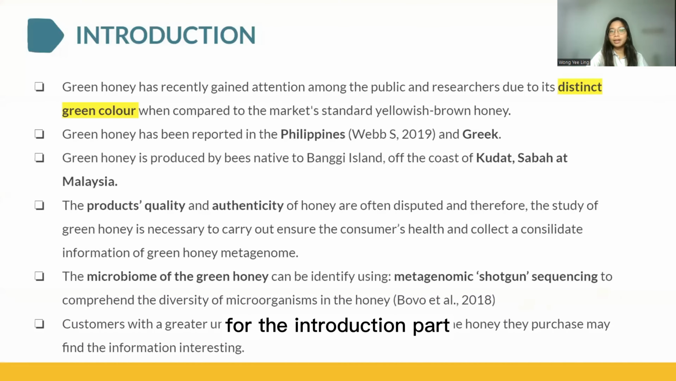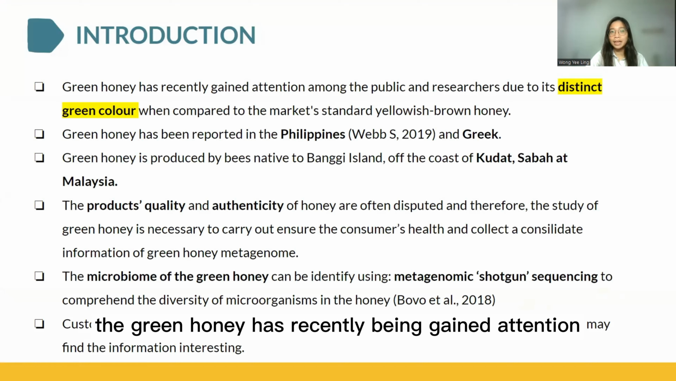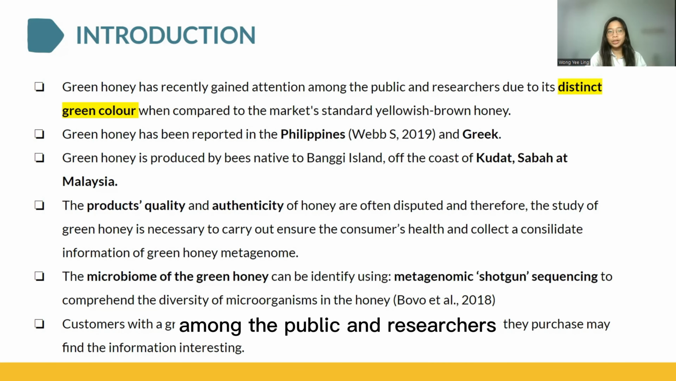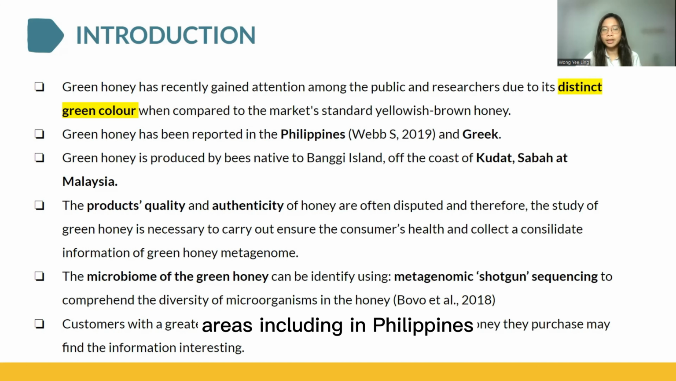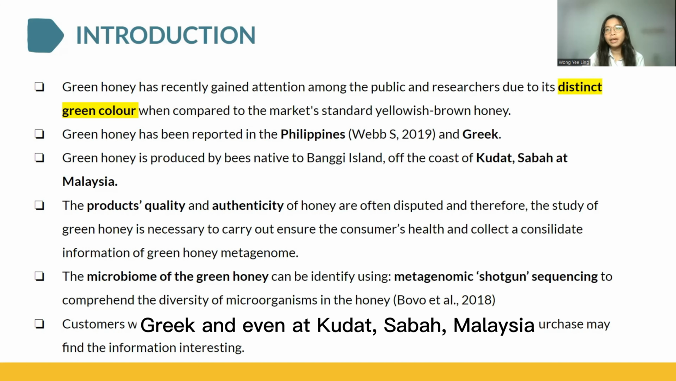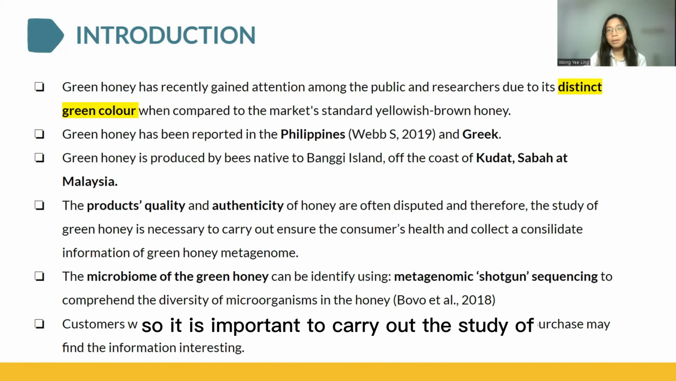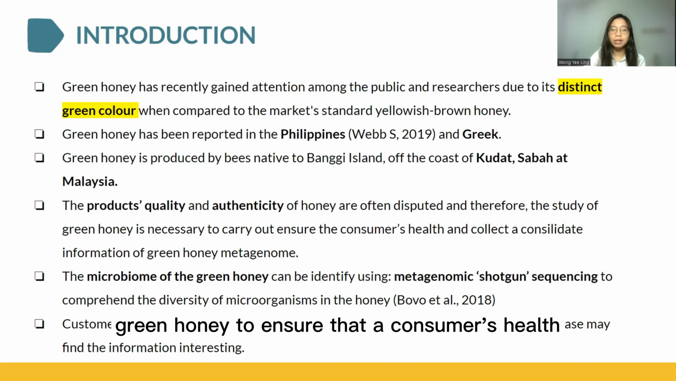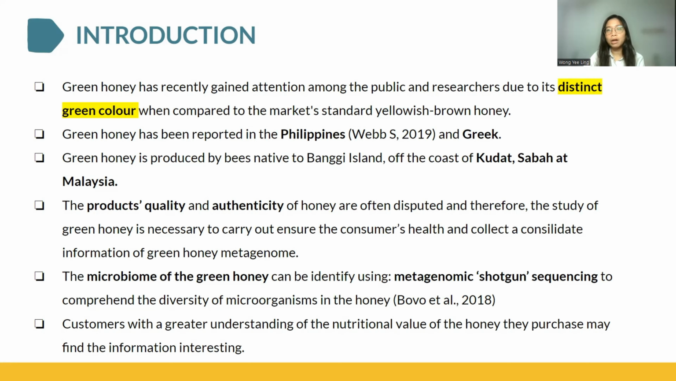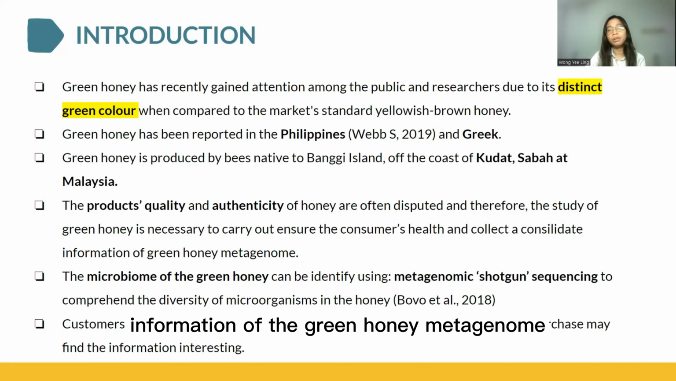For the introduction part, green honey has recently gained attention among the public and researchers due to its special green color when compared to the market standard yellowish brown honey. And green honey has been found in several areas, including in the Philippines, Greece, and even at Kudat, Sarawak, Malaysia. However, the product's quality and authenticity of green honey has been doubted, so it is important to carry out the study of green honey to ensure the consumer's health and also to consolidate information on the green honey